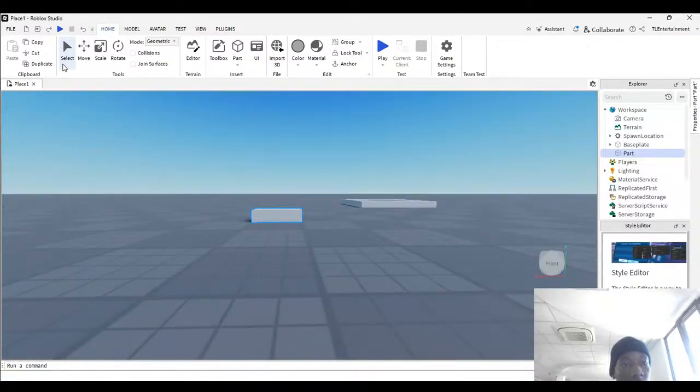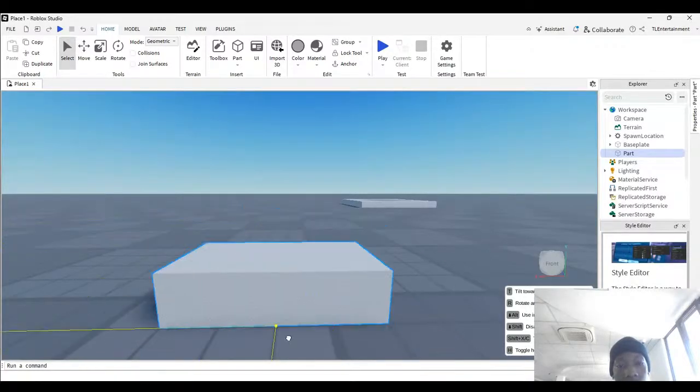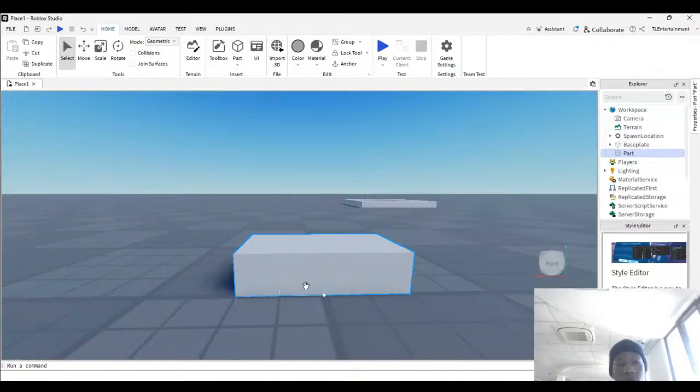We'll start with this block. Now, with the select button, it's the one that you know. You click and you hold to move around the cube that we've created, the part, right? Now, when you click and hold,